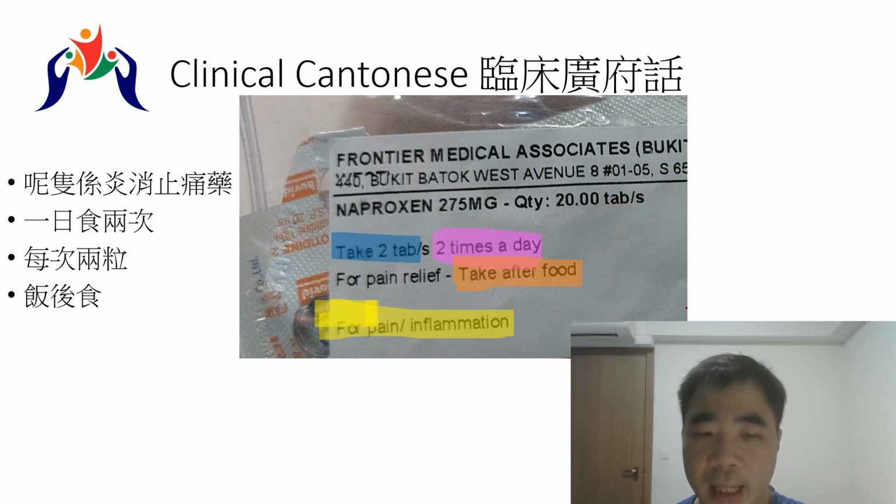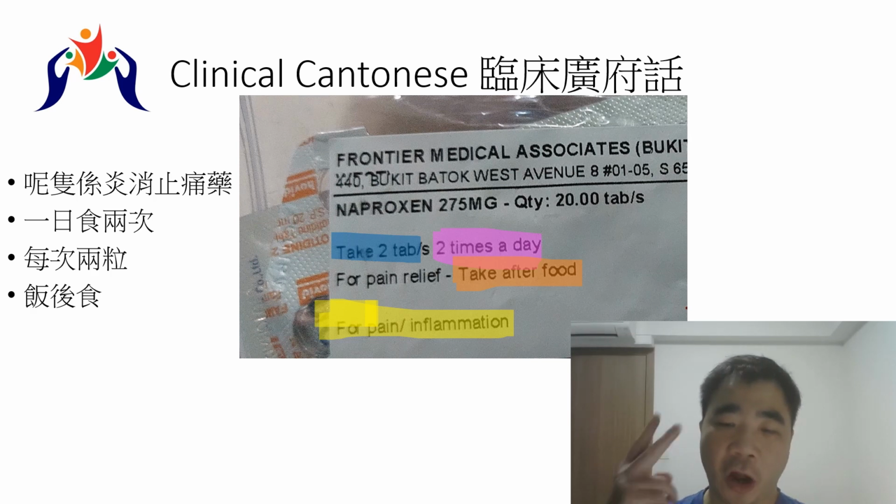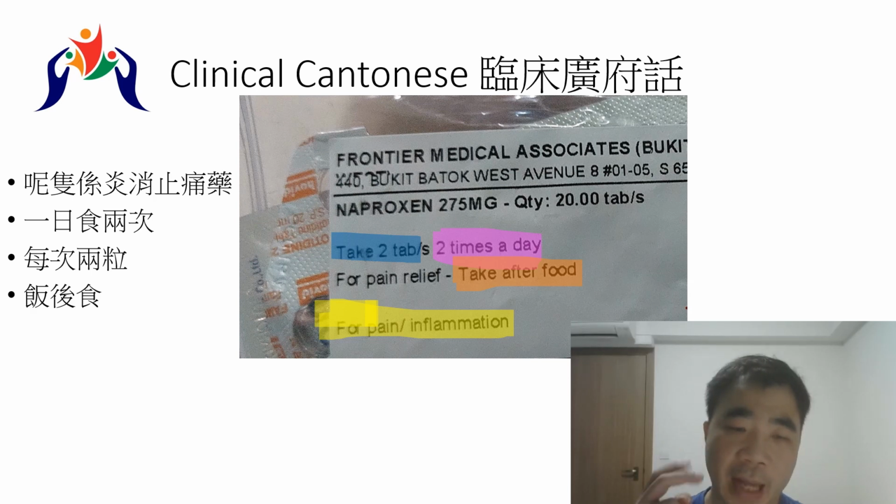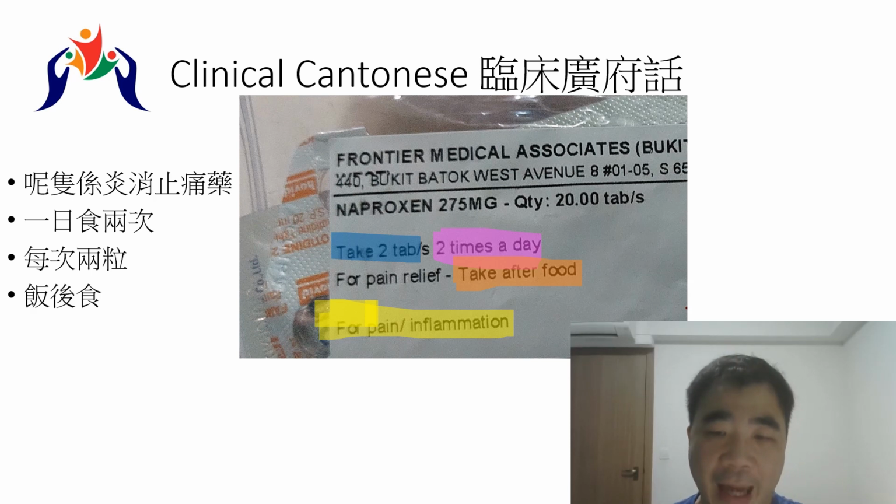And 1 day 2 times, each time 2 tablets, after food. Then we say in Cantonese: 呢隻係消炎止痛藥，一日食2次，每次2粒，飯後食。